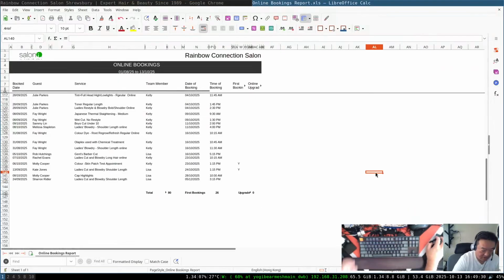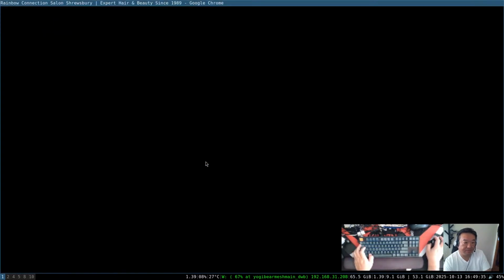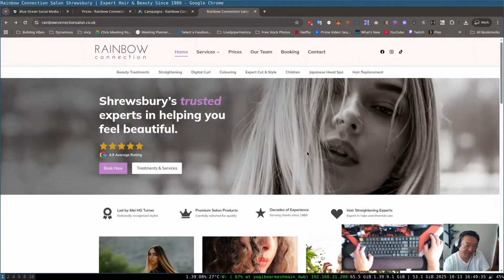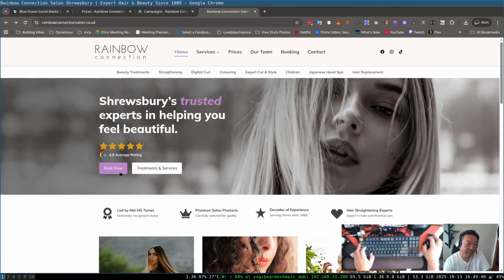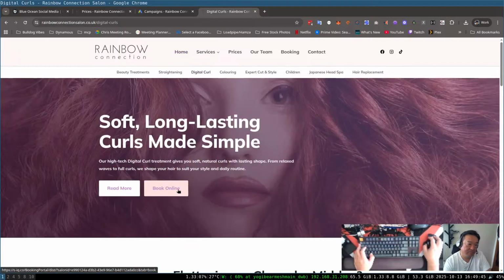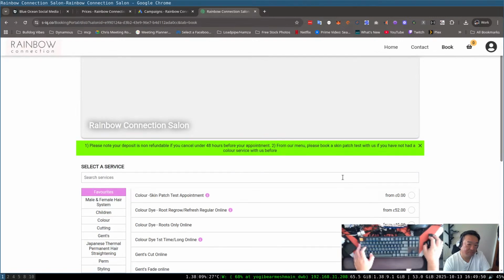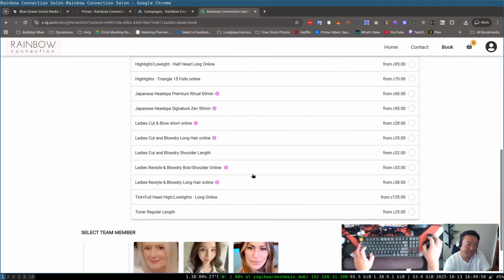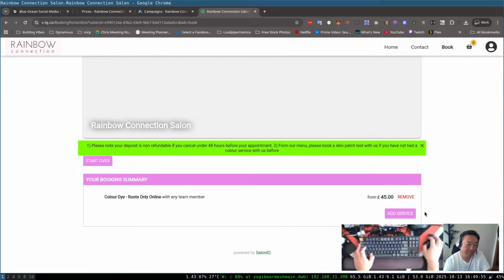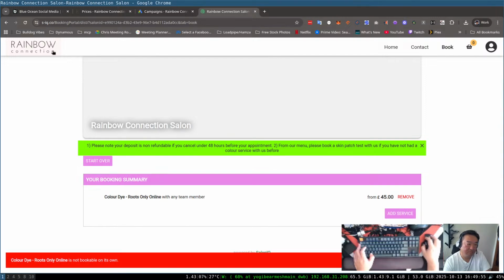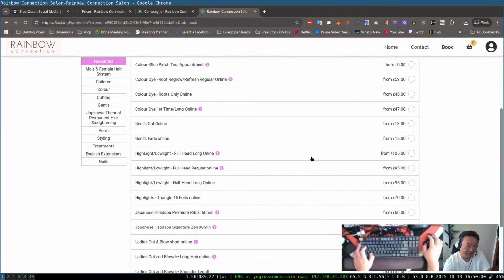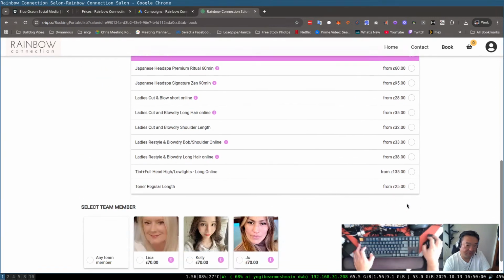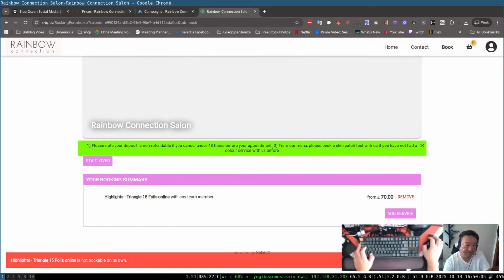Okay. I think I've looked enough. I think I kind of have my own idea why there's a problem. Why am I always choosing color dye? I don't need to do that. I also don't need to do that, but